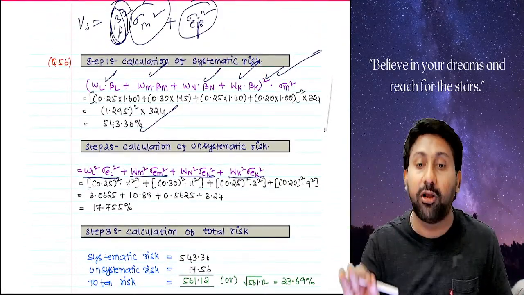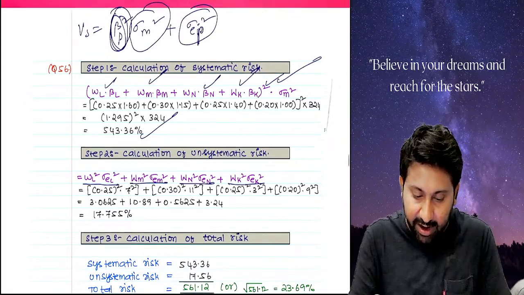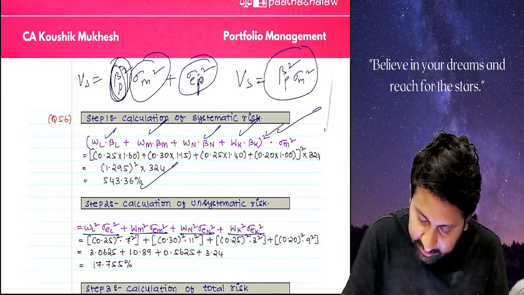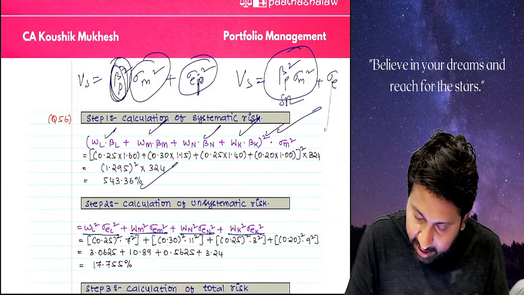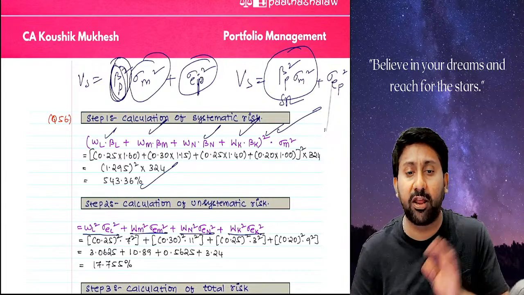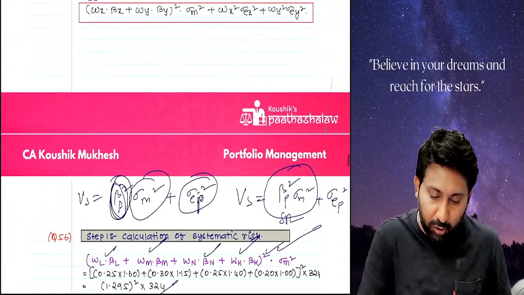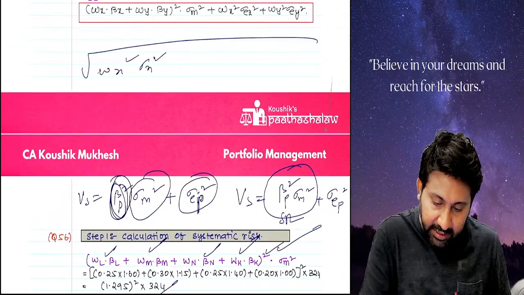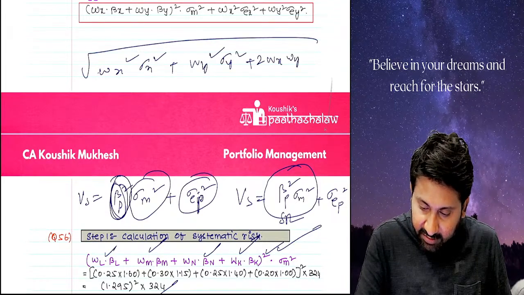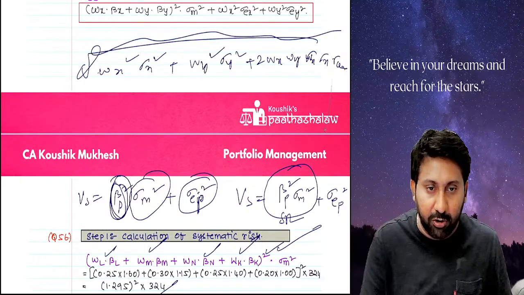If they give portfolio risk calculation under the Sharpe model, divide it into two parts, systematic and unsystematic. Beta square sigma m square is the systematic risk part, and sigma e p square, error of portfolio square, is the portfolio error. How has the portfolio error to be calculated? Normally, what is the portfolio risk with two securities? Root of wx square sigma x square plus wy square sigma y square plus 2 wx wy sigma x sigma y rxy. Correct?